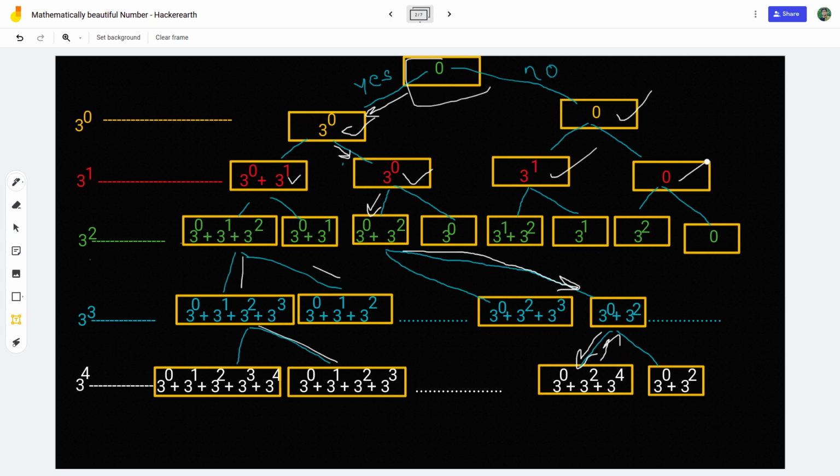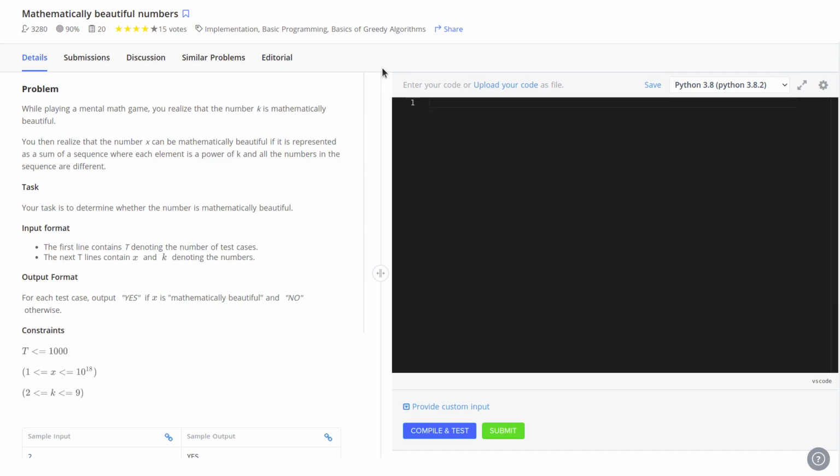For this type of question we should use recursion. So let me jump to the question and try to solve it using recursion.